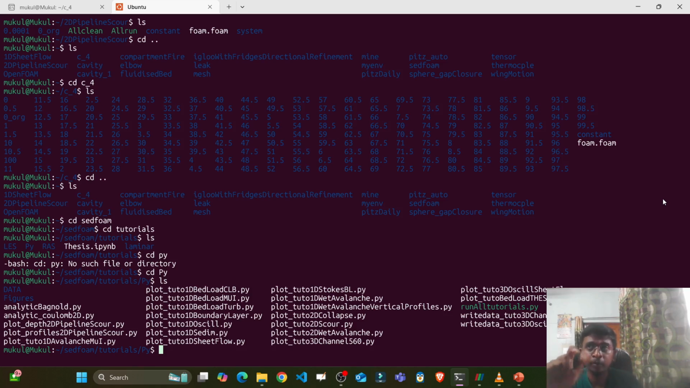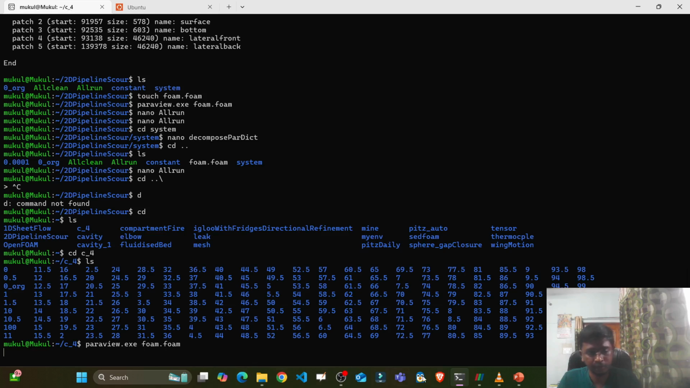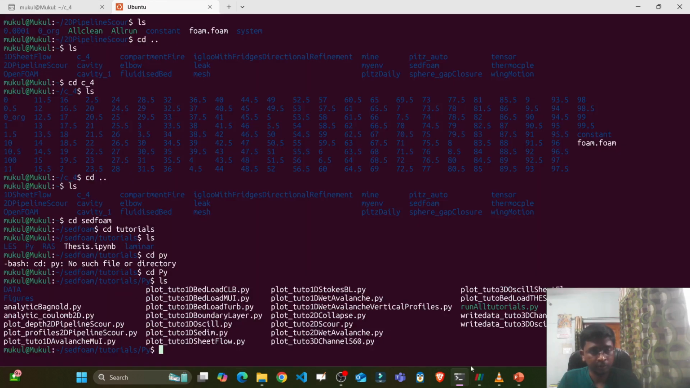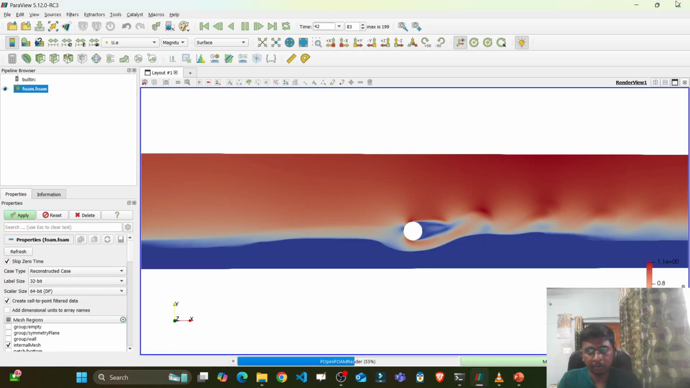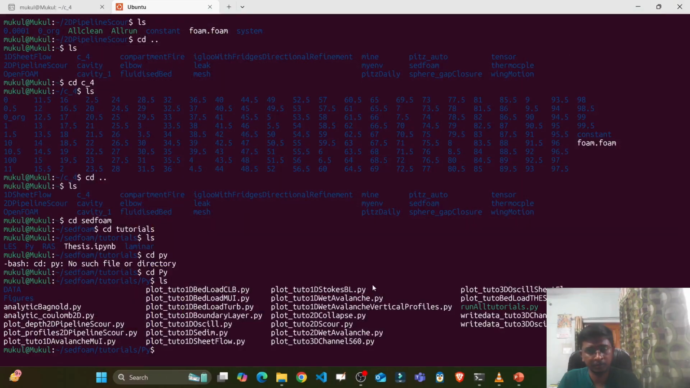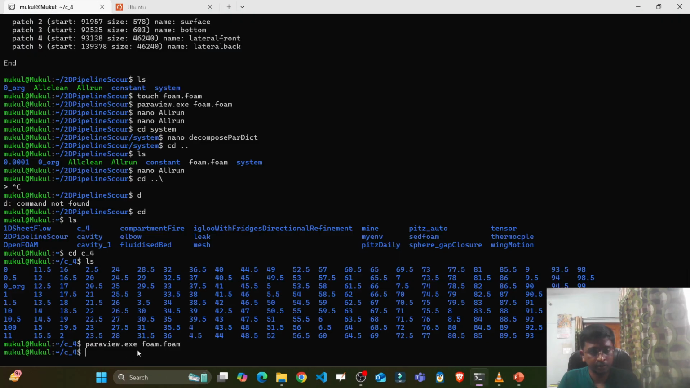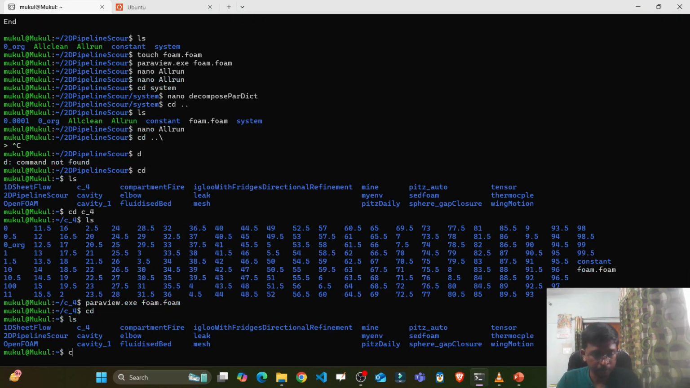I think I have told you about one error also in mpirun when I was running the slurm file. I think I've discussed that. Let me open it here also. Let me close this ParaView one. Oh, this is the thing which was making errors. So if I go inside the 2D